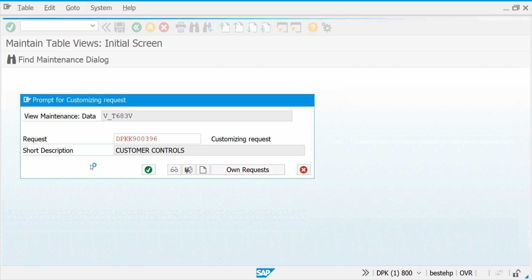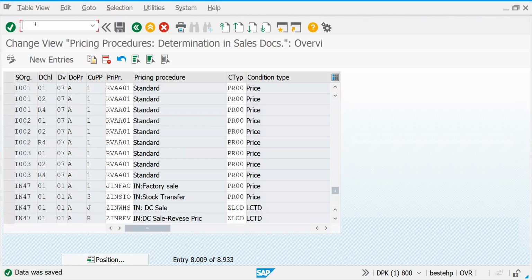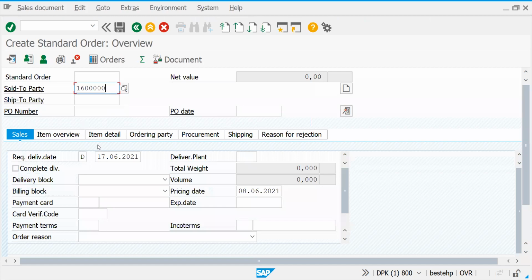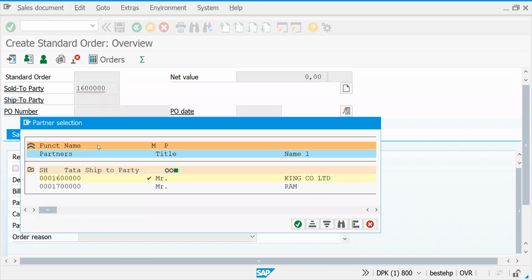You are determining the price for your customer and material on a particular sales order. Let's go back and try to enter. Initially, why didn't you get an error? Because I resolved it. Press enter.